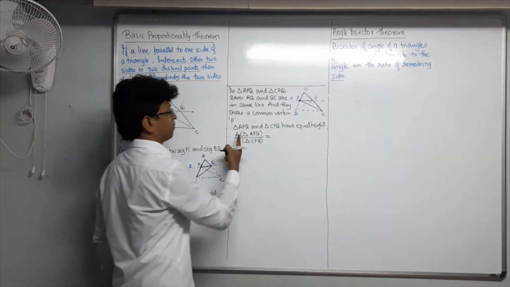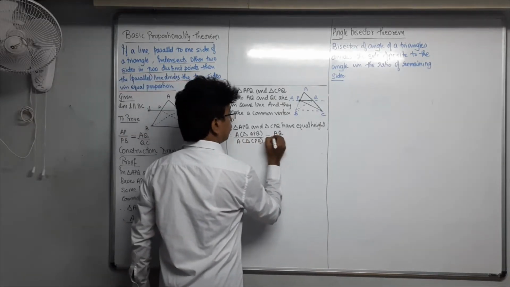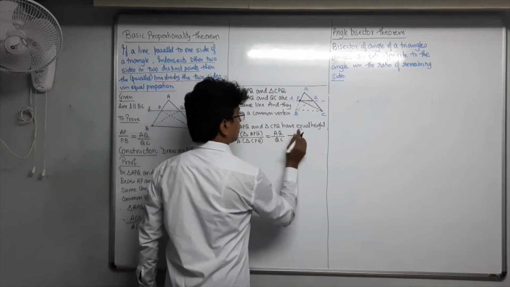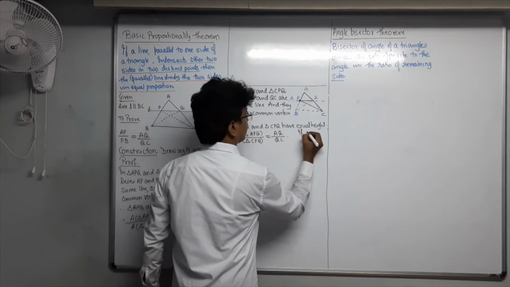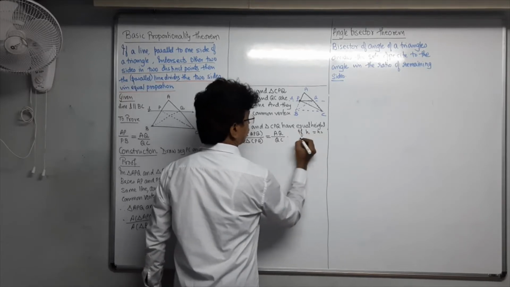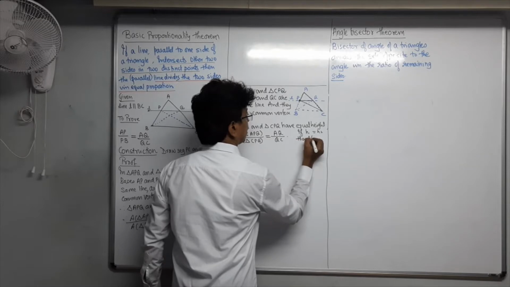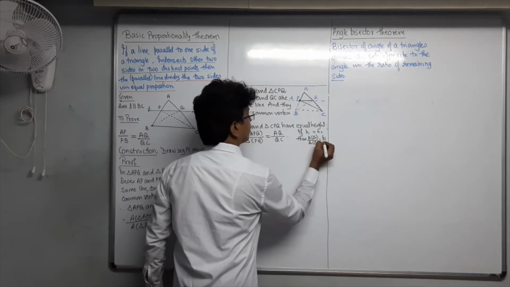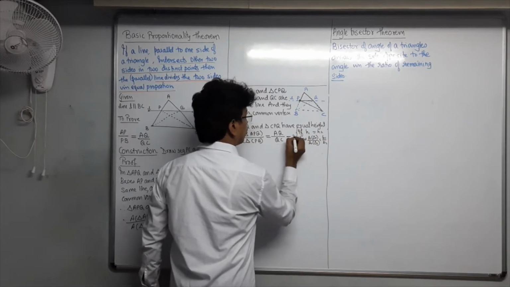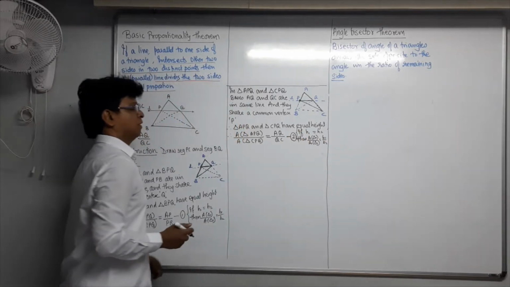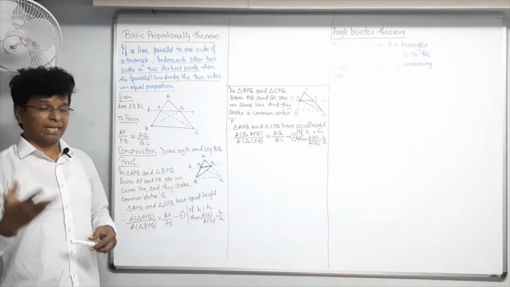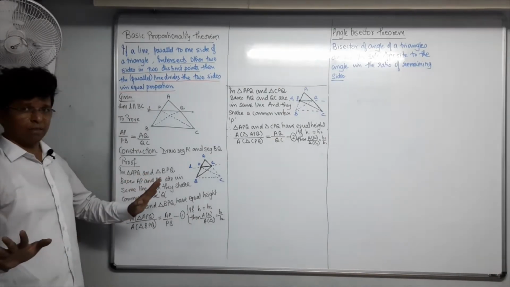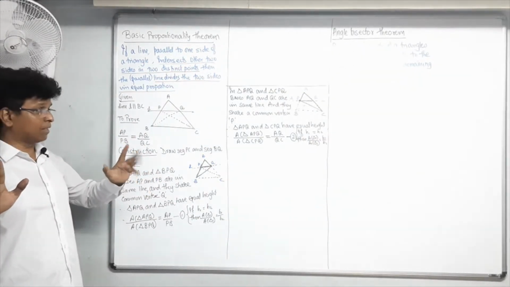Bases. What are the bases? Base of triangle APQ is AQ and that of CPQ is QC. This is going to be, of course, again the same reason. If H1 is equal to H2, then area of triangle 1 upon area of triangle 2 is equal to B1 upon B2. This is going to be our second point. Now comes the next step, my dear students. See, this is very simple, no confusion. But now what I want to tell you is something different now.